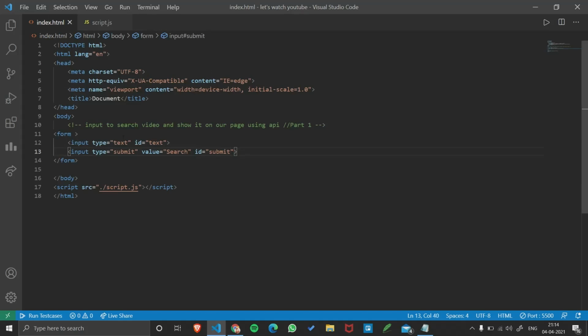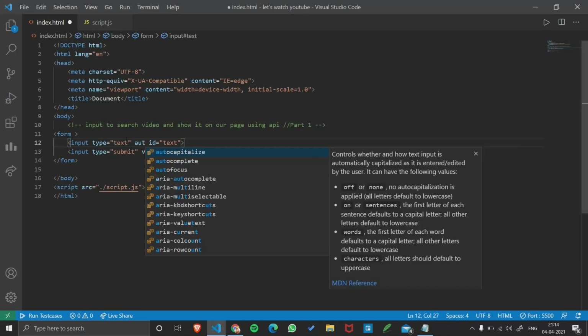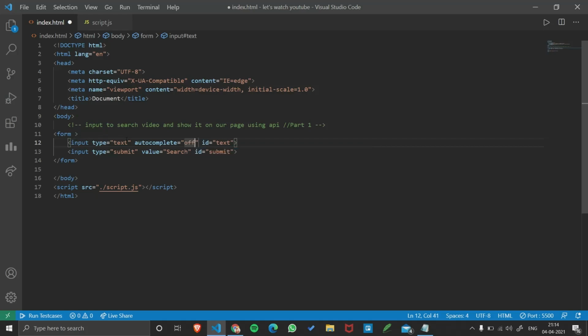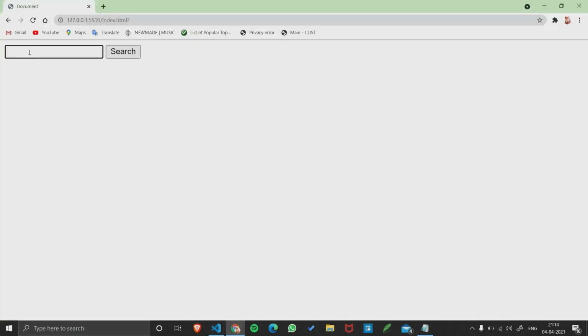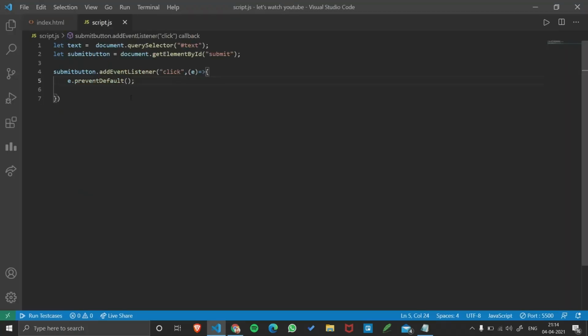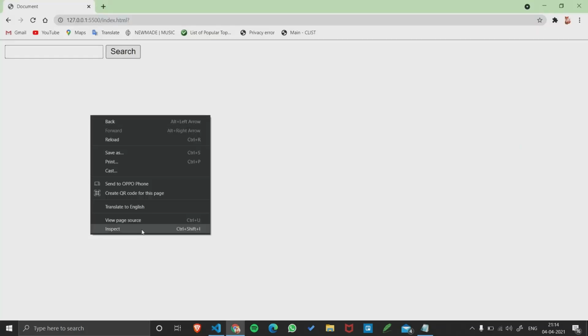And let me set autocomplete off, because I don't want autocomplete, otherwise you get autocomplete suggestions. Okay, now it's done. Now whenever I click submit, I want this text value. If I do console log text directly, it will give me something like this.